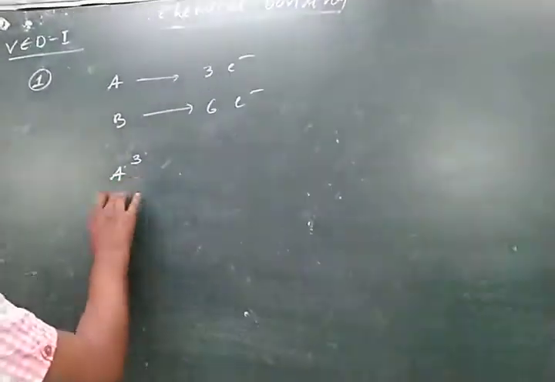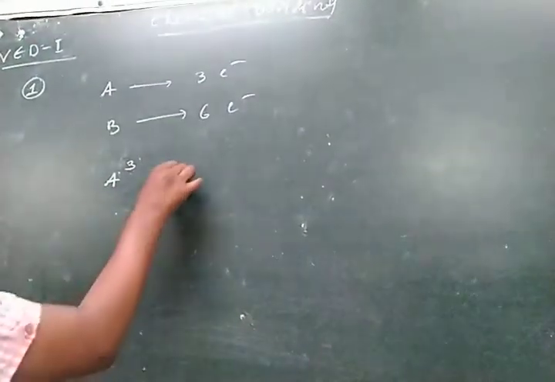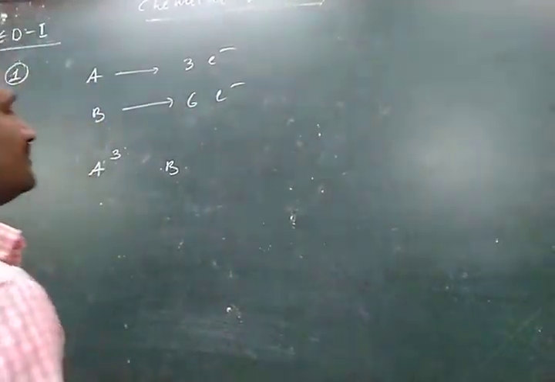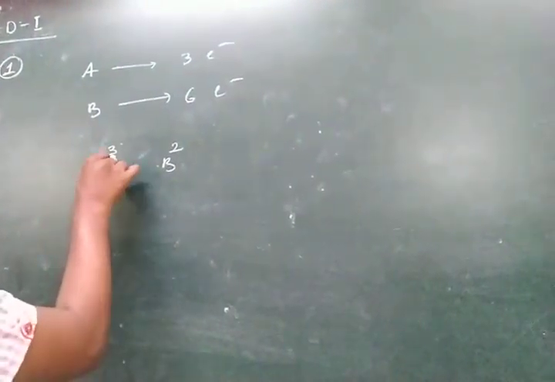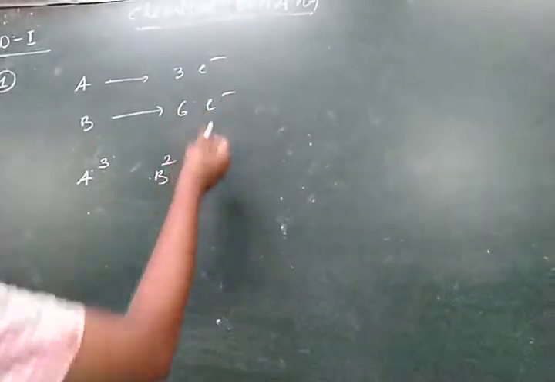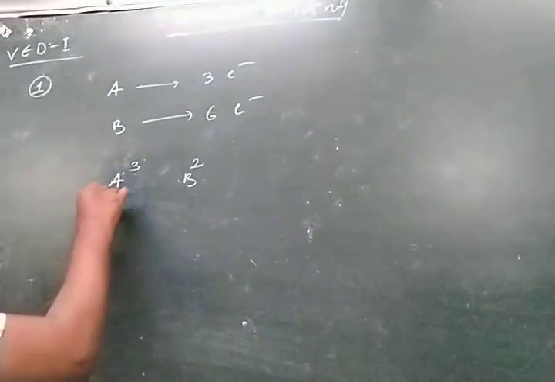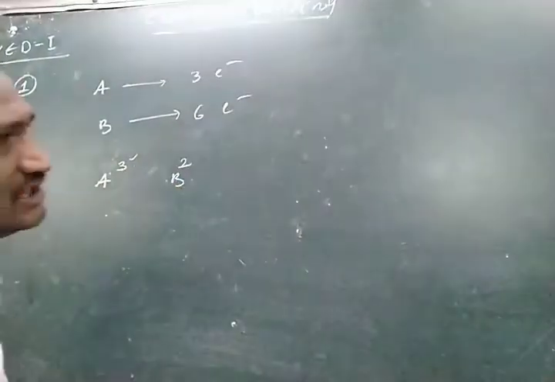And if you take B, B has 6 valency electrons. That means this is the sixth group. If it gains 2 more electrons, it gets an inert gas configuration, so its valency is 2. A atom can easily lose 3 electrons. B atom, if it gains 2 electrons, gets an octet. So that's why A valency is 3, B valency is 2.